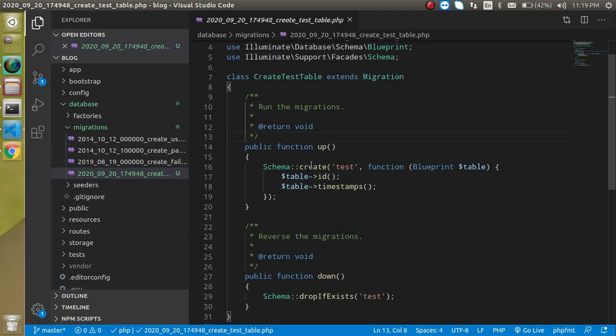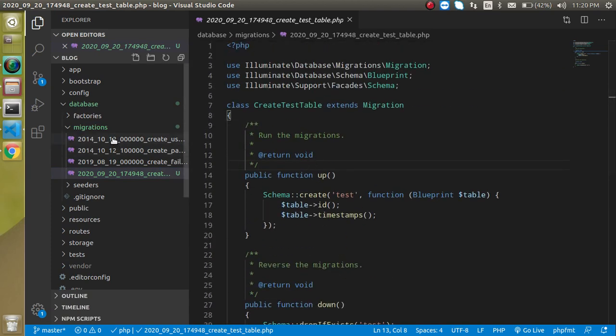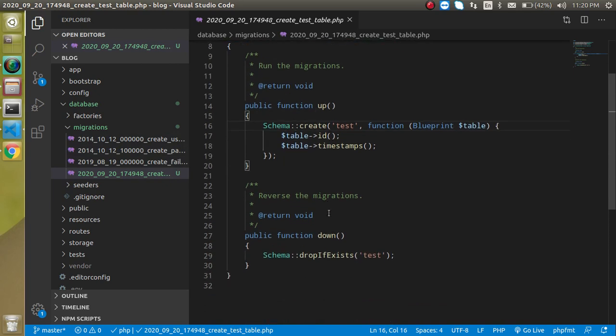Now you can see that there is already some code written and some migrations already done here. These migrations come by default with the Laravel project, so we don't need to care about these for a moment. Here you will find two functions, up and down. Down we run when we want to delete this table from the database, and up we run when we want to create a new table in the database. Now with this table you can see that we have two fields, the ID and the timestamps.